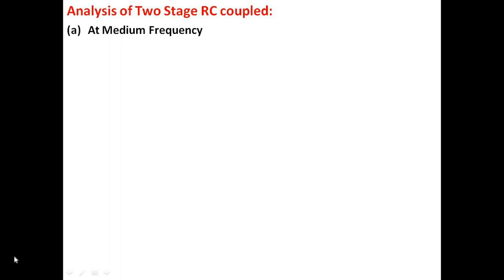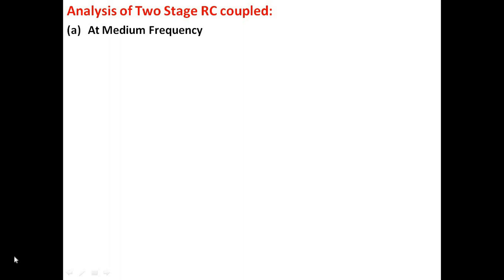The bandwidth is going to be increased, it is a very simple circuit, and the cost of the circuit is also less. At the same time it has some disadvantages: it cannot provide very good impedance matching, which is why it is not preferred at the last stage in a multi-stage amplifier. And with the aging effect, it produces noise. You know the aging effect: when you use the circuit for a long time, it produces noise in the output signal. Anyhow, let us go ahead with the discussion of the two-stage RC coupled amplifier.